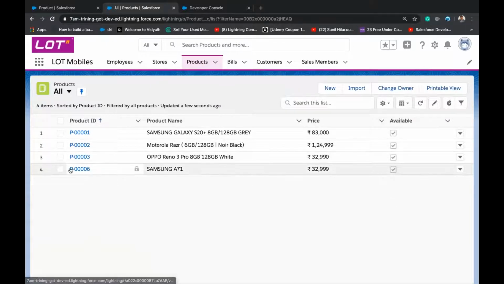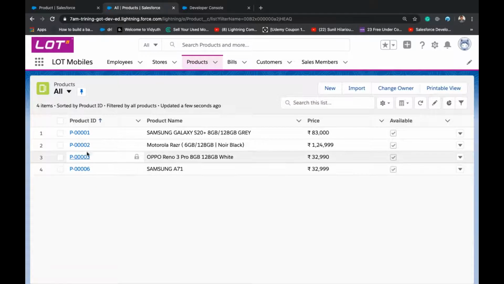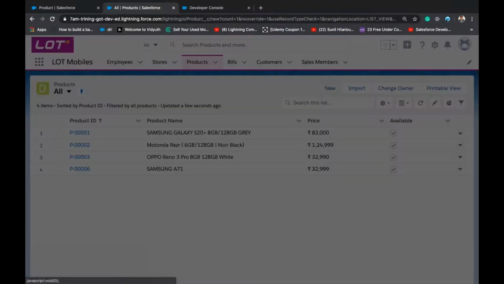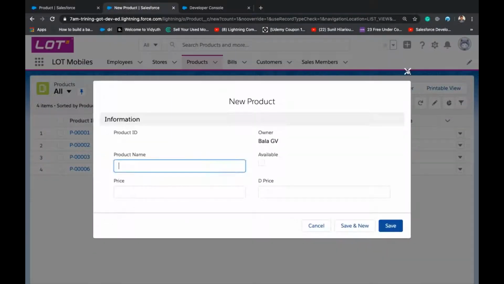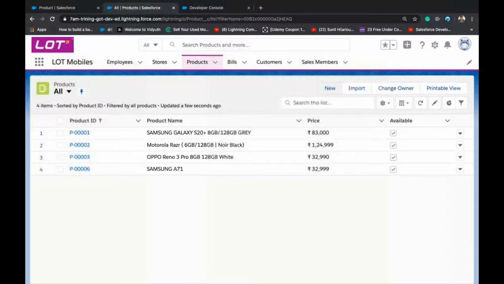But remember, if you delete something, this product ID will not be replaced. So if we create a new one, product 7 will be created.